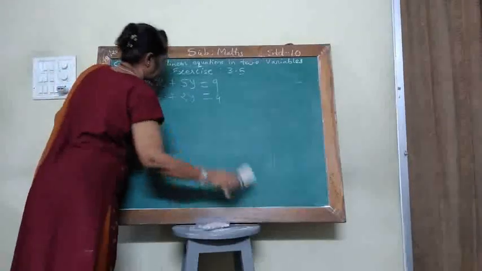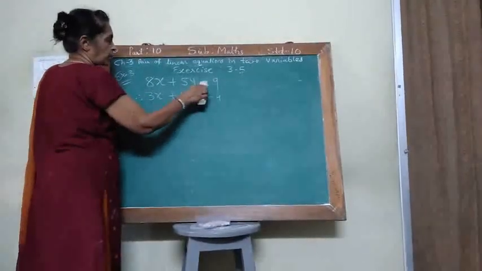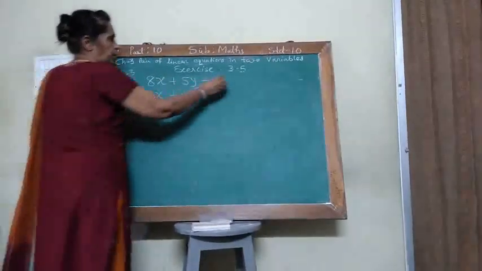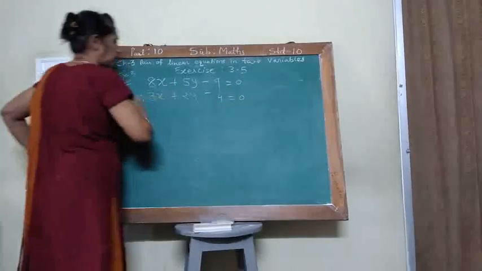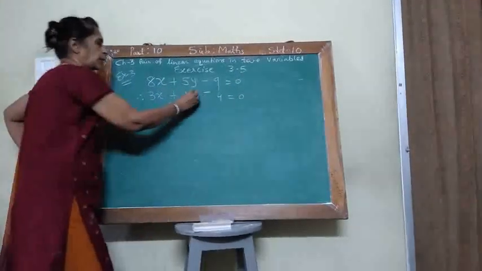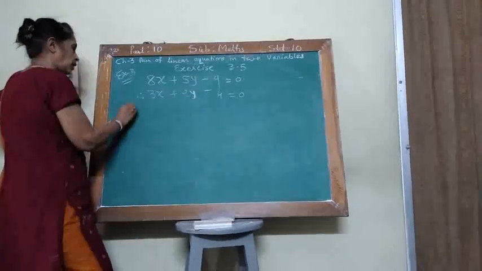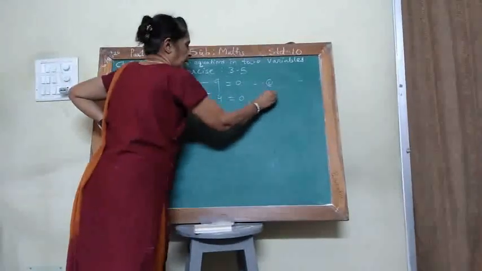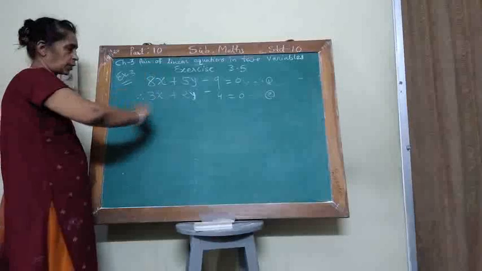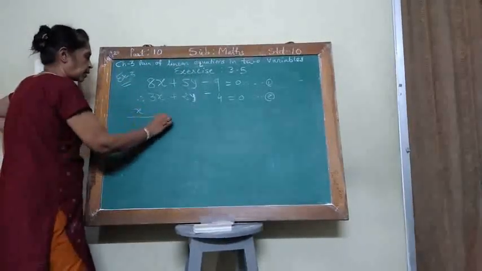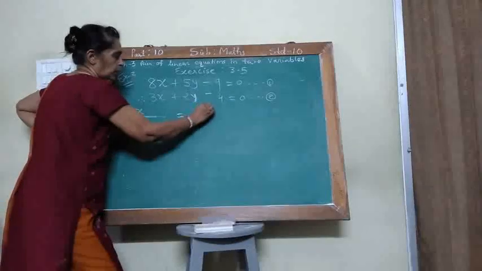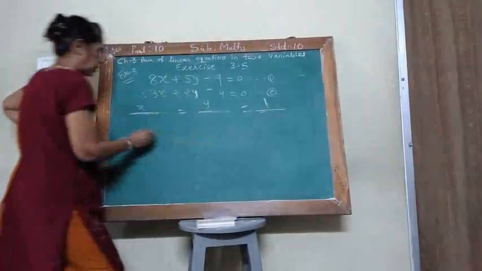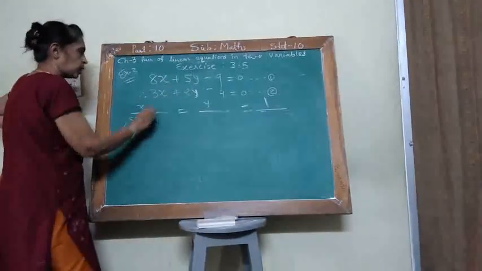And they also said to put this constant term on this side. So in the next step, you have to put this constant term on this side and write both equations in which form? Standard form. Now write: solving equations 1 and 2 by the cross multiplication method, and after that x upon, equal to y upon, equal to 1 upon. Clear? So x upon b1 b2 c1 c2.